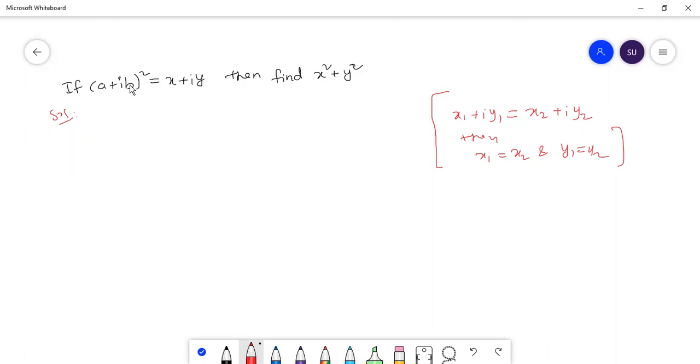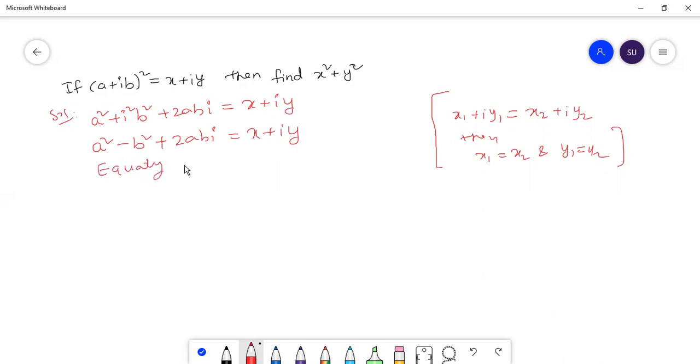Now simplify this a plus ib whole square using the formula a plus b whole square, that is a square plus i square b square plus 2abi is equal to x plus iy. Now as we know that i square is minus 1, this is minus b square plus 2abi is equal to x plus iy. So equating real and imaginary parts,